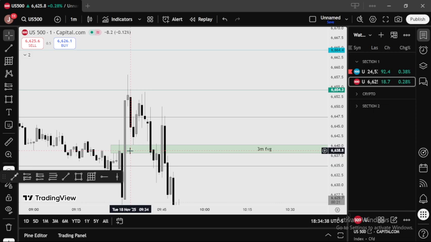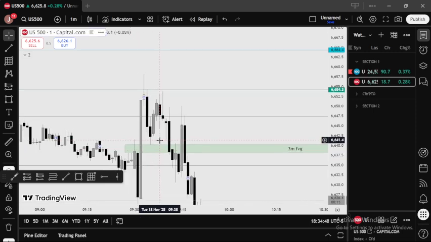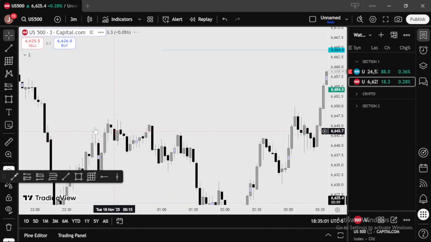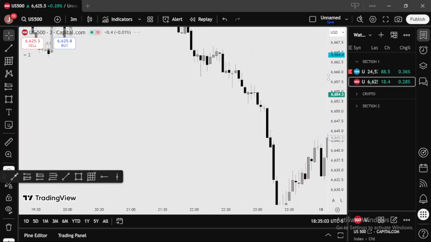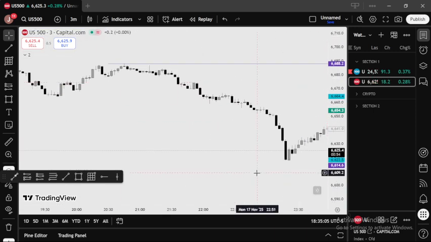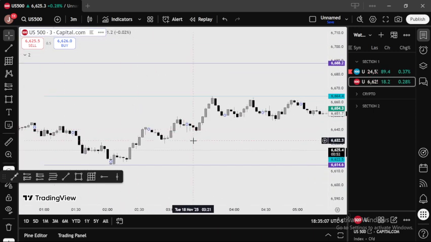What kept my head in the game and kept me from doing anything dumb was that I was very strong within my bias. I believed in my bias. I saw the reasons why we should sell and not enough reasons why we should buy. But it did give me a problem that we didn't really inverse on the S&P 500, and that stressed me a little bit. But then price was doing its own thing.